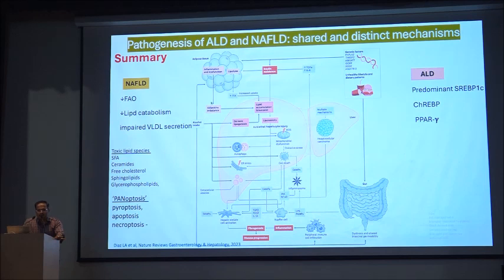Additionally, there are some changes in the adipokines, an increase in leptin resistance, and a decrease in adiponectin. In alcohol, there are also certain changes in the adipose tissue, but it mainly acts through de novo lipogenesis, increased lipid accumulation, and lipotoxicity due to increased free fatty acids and reactive oxygen species.